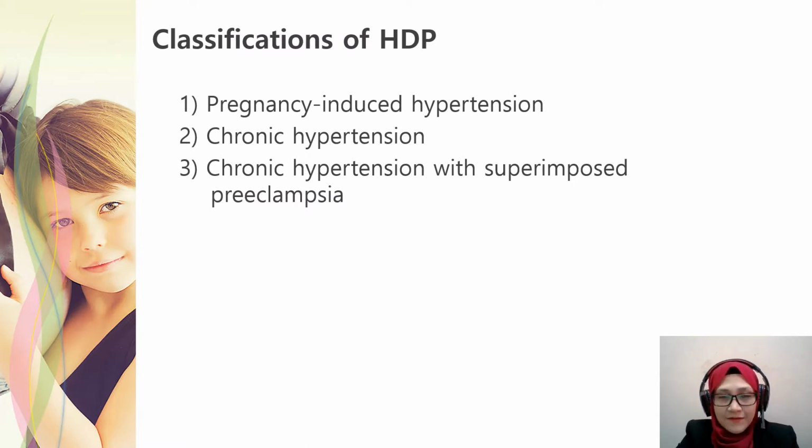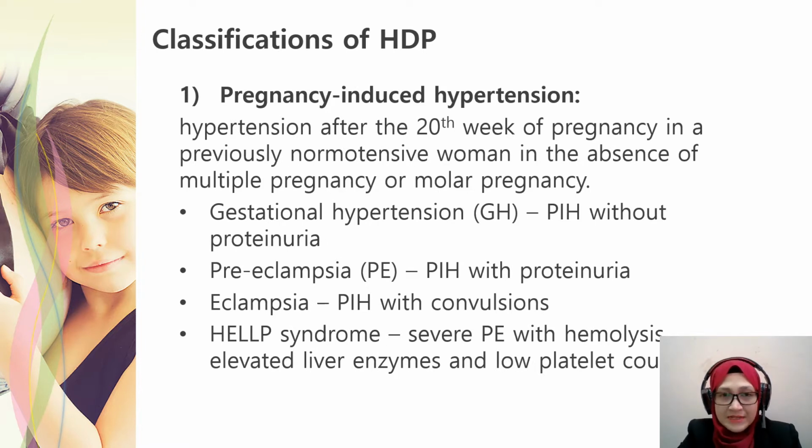So classification of HDP: it can be divided into pregnancy-induced hypertension, chronic hypertension, or chronic hypertension with superimposed pre-eclampsia. So we will look one by one. For pregnancy-induced hypertension, it is defined as hypertension occurring after the 20th week of gestation in a previously normotensive woman in the absence of multiple pregnancy or molar